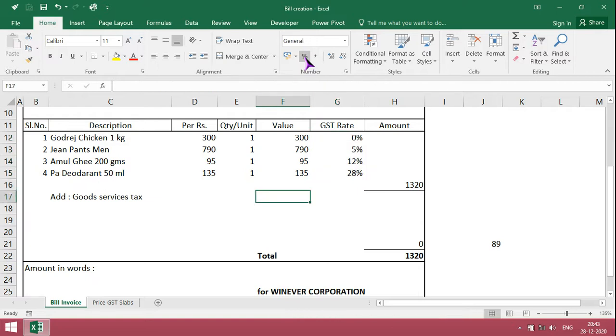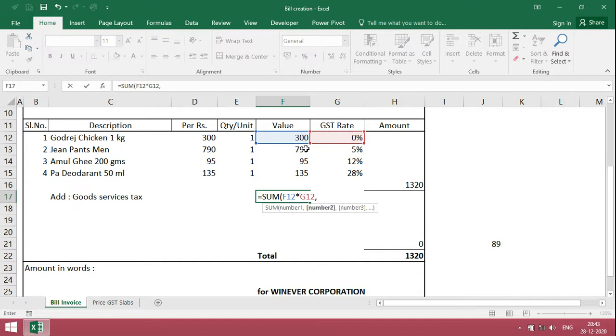For getting the consolidated amount, you just type SUM, reference of F12 multiplied with GST rate, comma, F13 multiplied with GST rate, comma.